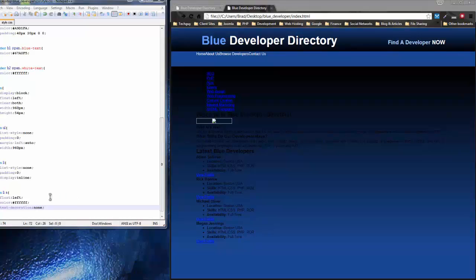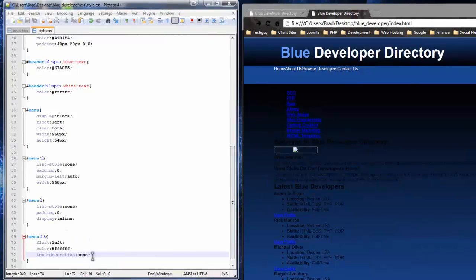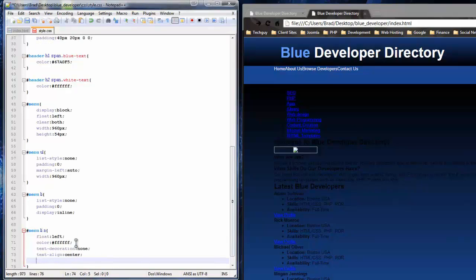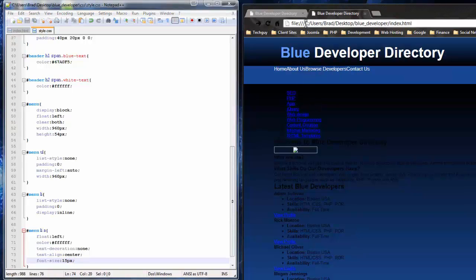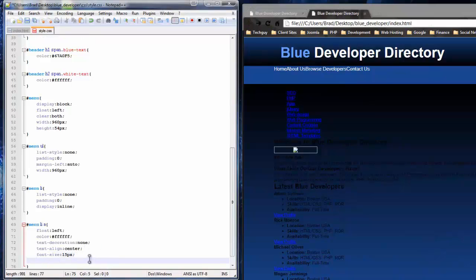Let's see, what else should we do here? Let's text align center, and let's make the font size obviously going to be bigger than this. Let's say 15 pixels. Save. Let's look at this. Alright, let's bold it. So to bold,